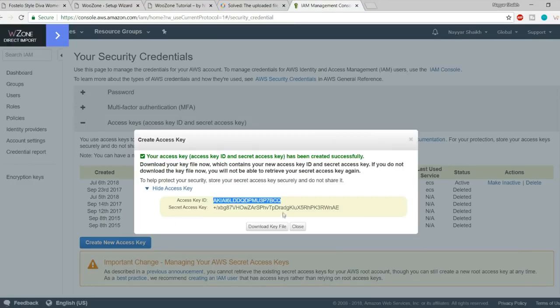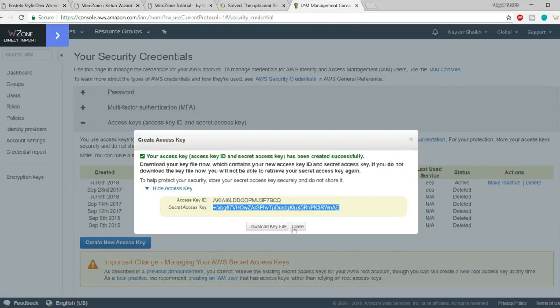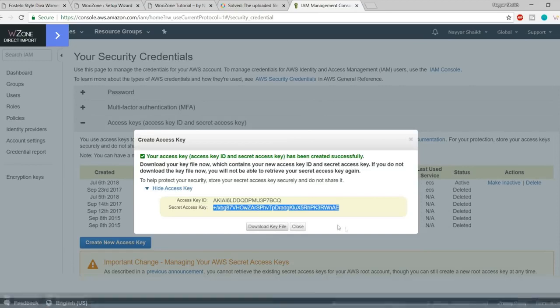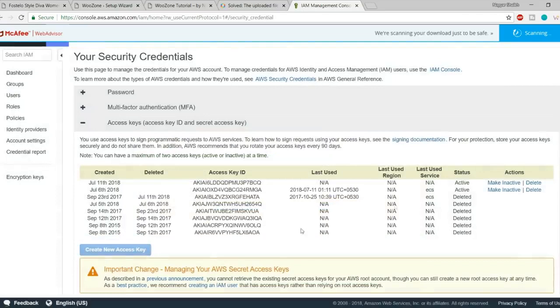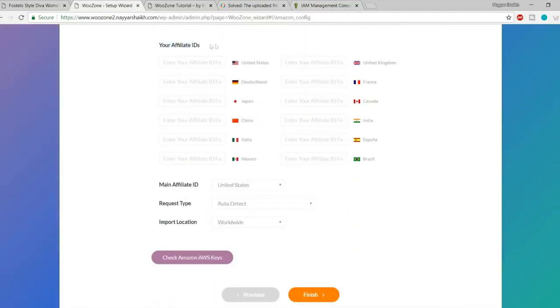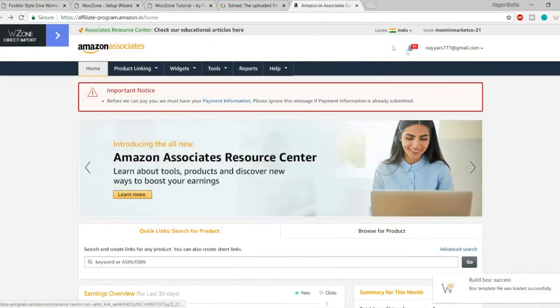Then we have the secret access key. Copy it from here, again paste it over here. Make sure you download the key. Very important. Simply click on this button and make sure you download these keys. Very important. Once you do so, simply close these things. Now come over here. After that, we have to put in your affiliate ID. Now if you want to see that, let's come back to this website,